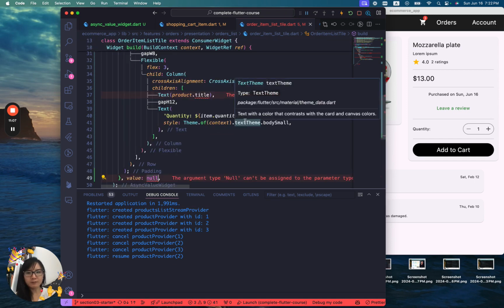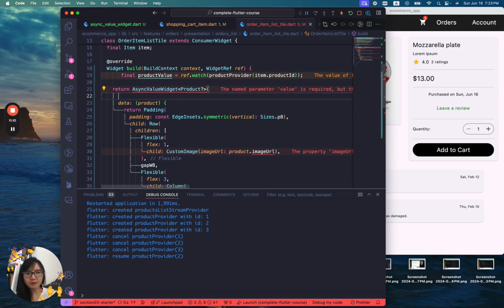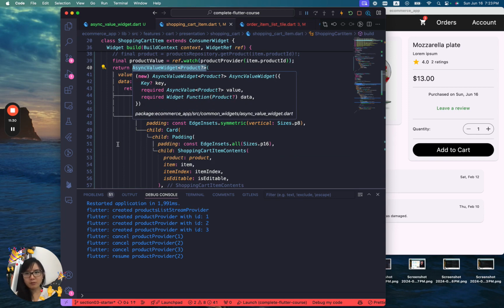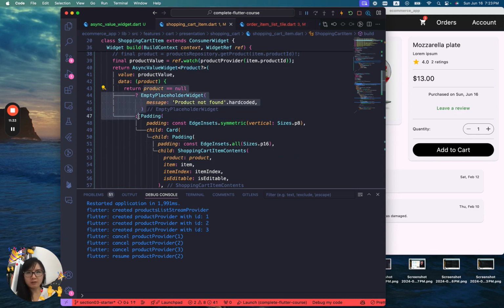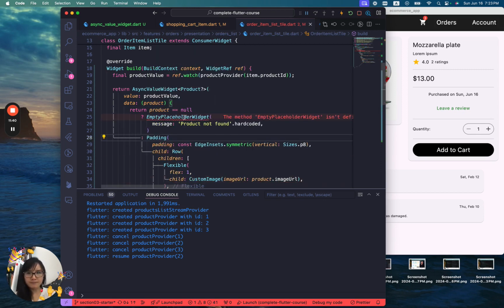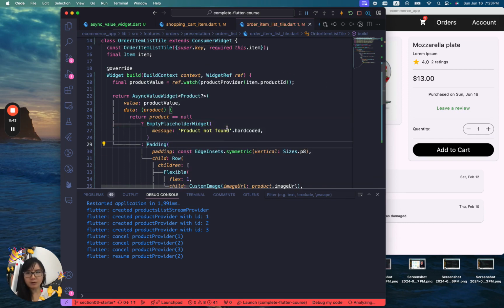And we need a value. I don't want the value to be last. So the value will be product value. And of course the product is nullable. You know, I like to be safer. Just to use this, that's okay. And we import this empty placeholder widget, whatever it is. So everything should work. In this case we are also going to use the assertion operator over here, and then we can save and hot reload,